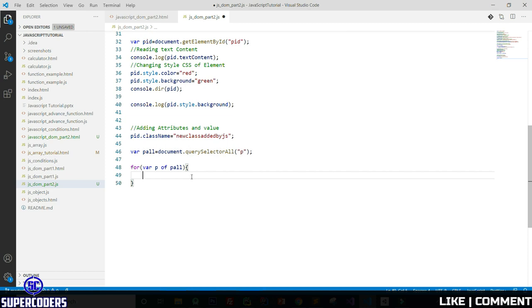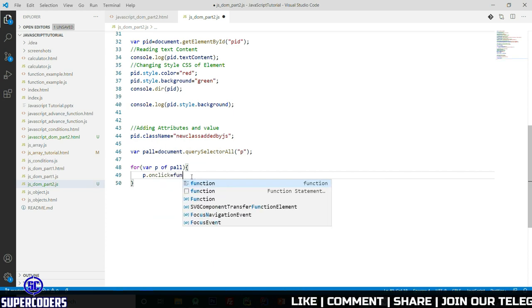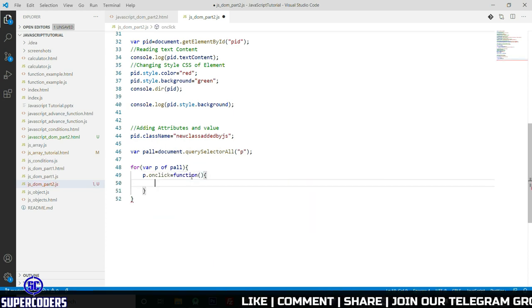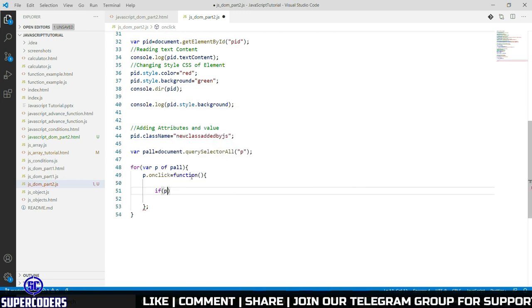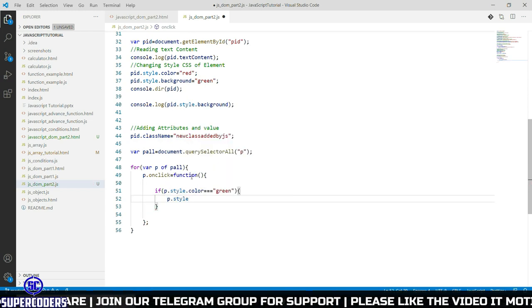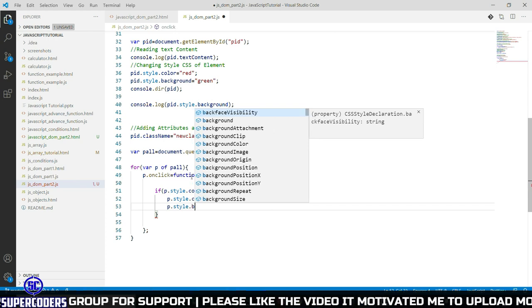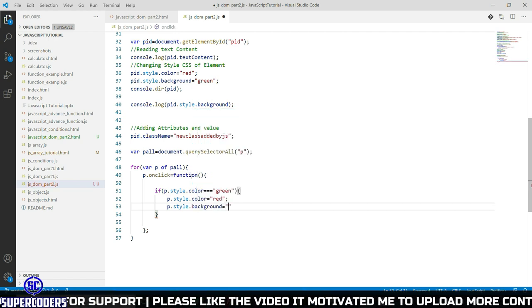Now let's add a click event listener on each p tag. So p dot onclick equal to function, then here, if p dot style dot color equal to green, then change it to p style color equal to red, and p dot style dot background equal to green.